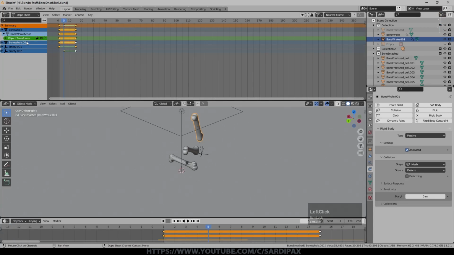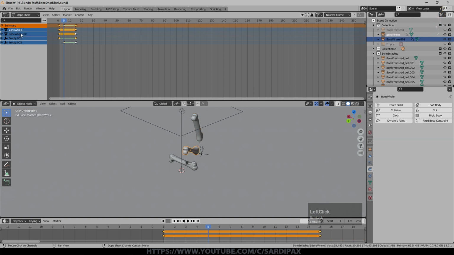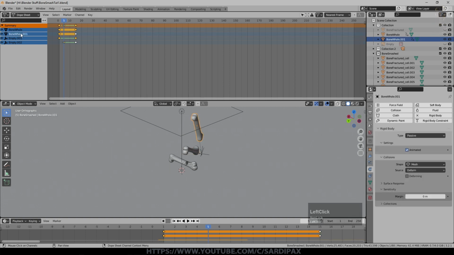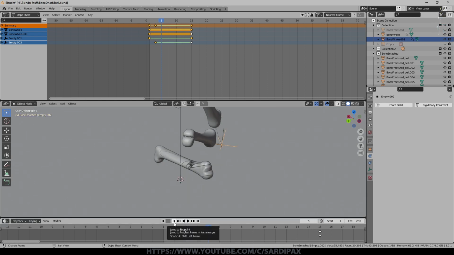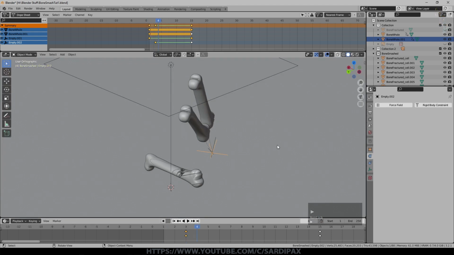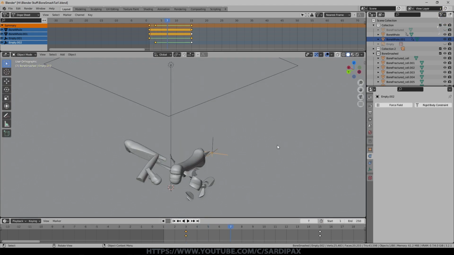So I've just opened that up here. So I've got bone hole, which is the one we're going to be able to see, and bone hole 001. And they've both got 2 different empties associated with them, obviously. So if I back off, say to frame 3 for the start of empty 002, we can see it's only just behind the other one. And it might need to be even closer than that.